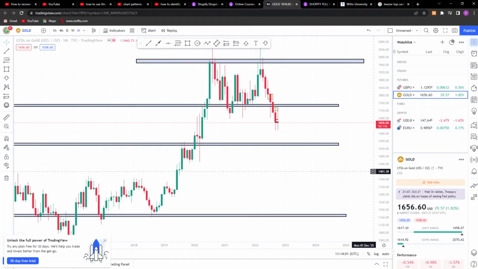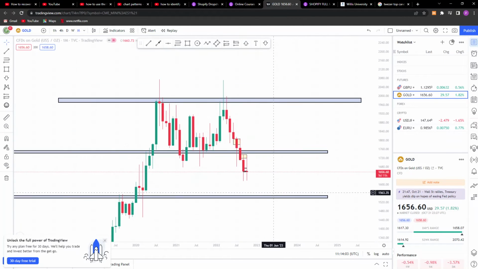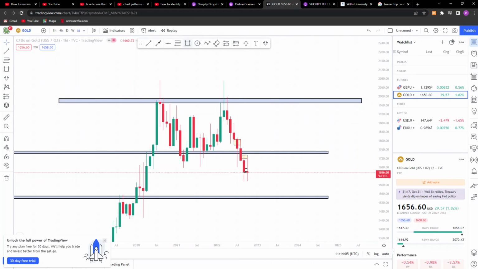The reason gold has been dropping is because of these. I can see what they call the 3 black crows. Whenever I identify them, I'll go and show you the 3 black crows. This is what has caused gold to be dropping, and I'm very certain gold is going to touch this zone. So let's go on and search for